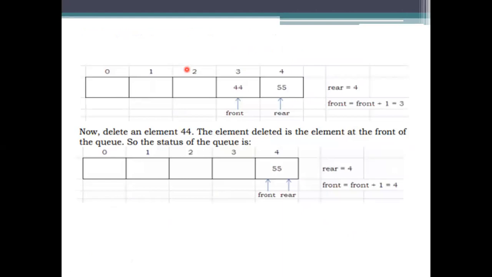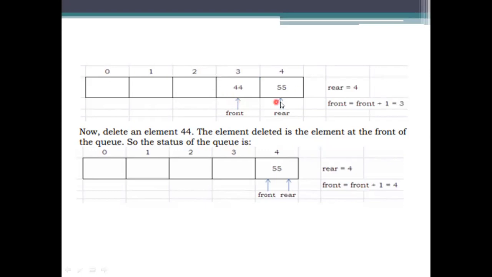So how far will it be done? It is using many values to be inserted and many values to be deleted, but somewhere it has to stop. So whenever it is reaching this extreme point, that is the stopping point, it will be considered as the last deletion point for that processing. Whenever the rear value and the front value are equal here, at this point of time we need to stop the processing of that queue, and then next we need to get to the insertion of that one.